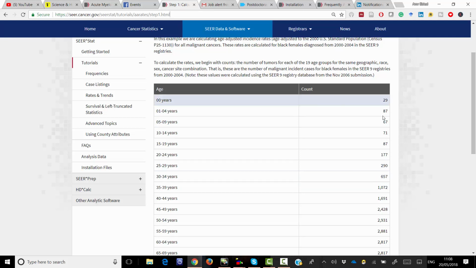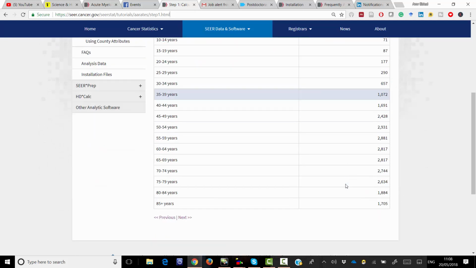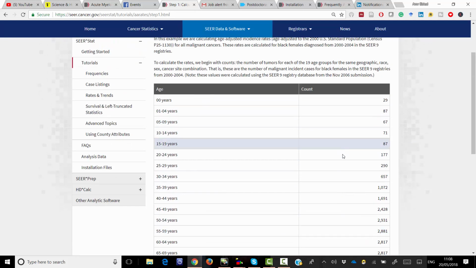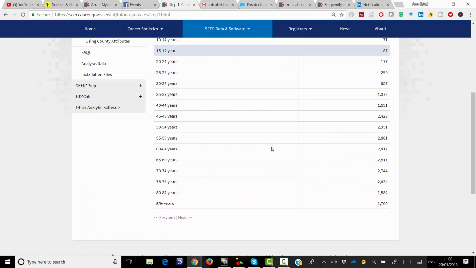Using this count in comparison to a certain population, which is called the people at risk of developing this cancer, we can get the crude incidence rate, like we will show you next. So this is the first step, and when you click next,